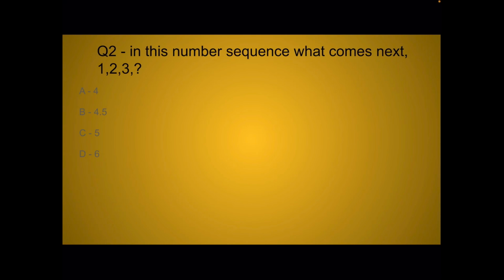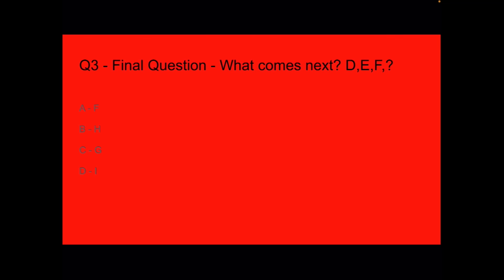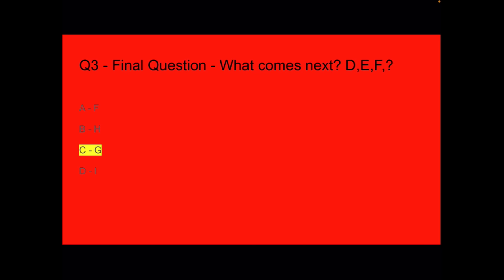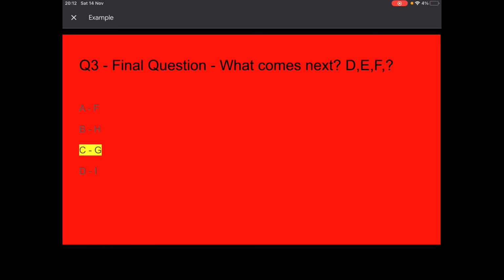Hang on, is that not the same answer? Yeah, it is. Anyway, question 3. What comes next? D, E, F. I'm going to say G. So then I'll say, oh yeah, I got that one right, tick. Number 2, I got that one right, tick. And number 3, I got that one right, tick. It's a very, very basic quiz. So I hope you enjoyed this very, very basic